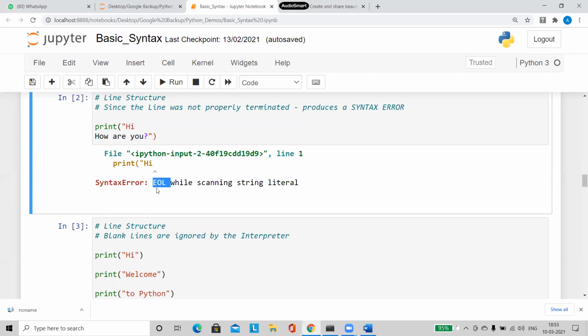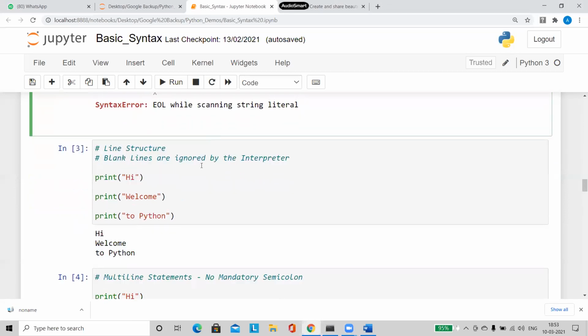You will get something called EOL. What do you mean by EOL? End of line. It is saying the end of line is not coming properly. So always remember, whenever you're writing it, make sure you finish it in the same line.